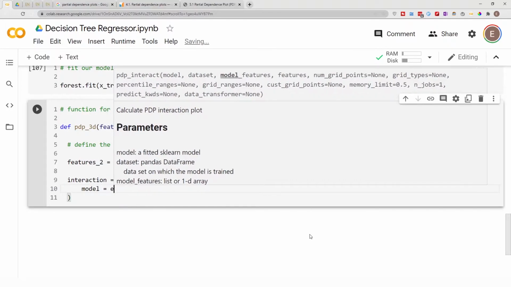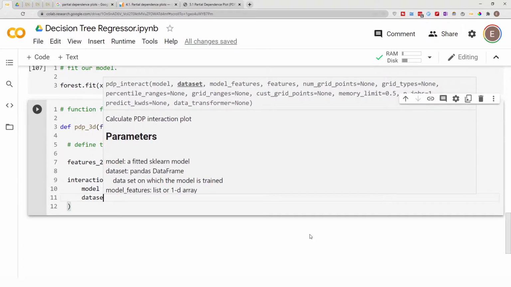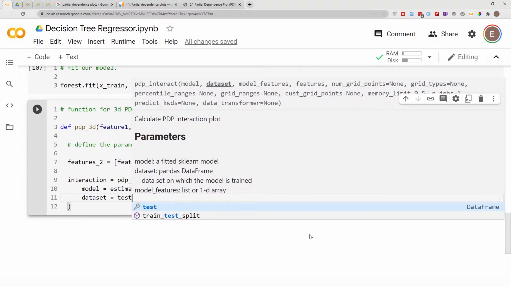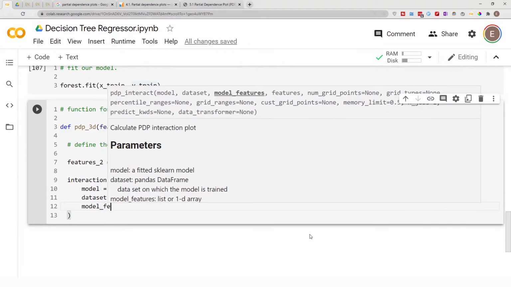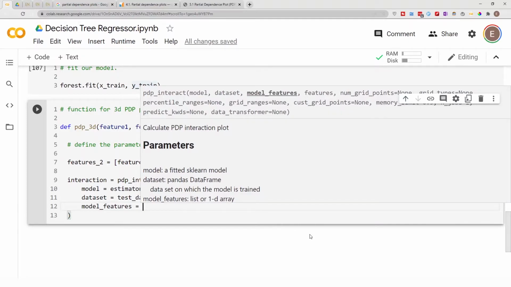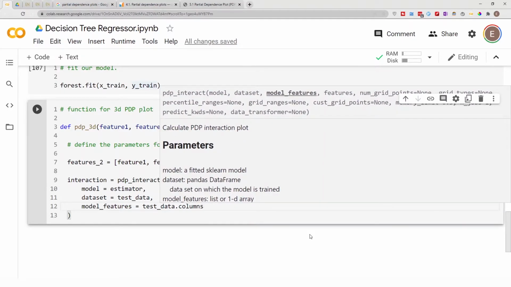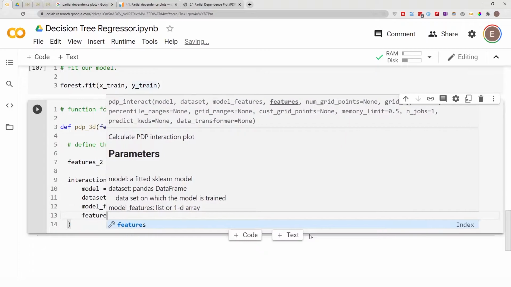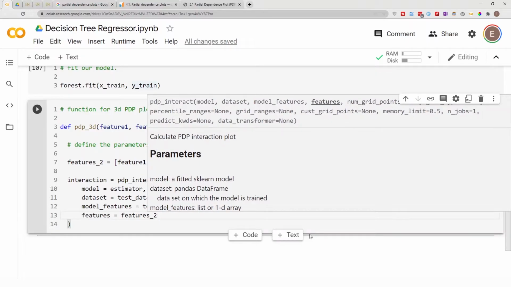And the model is going to be the estimator. The data set is going to be the test data. The model features is going to be the test data dot columns, and then the features is going to be features 2. All right, so if you look at this very helpful documentation that Google Colab shows us here, we need